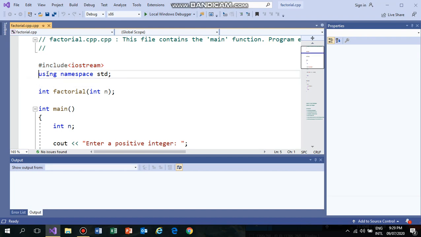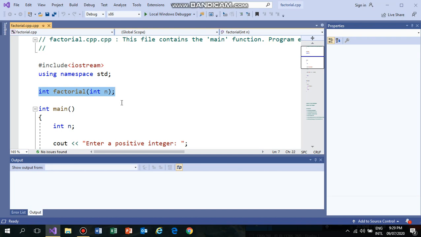The next line of this program is very important, and without it no program can be run in Visual Studio. It contains all the library functions and header files: using namespace std. The computer needs to know the code for cout and cin functionalities, and it needs to know in which namespace they are defined.